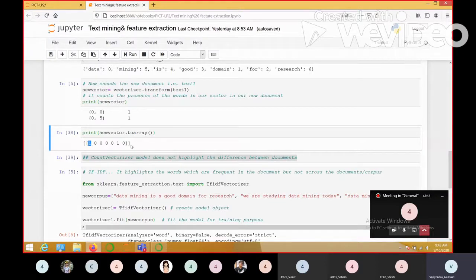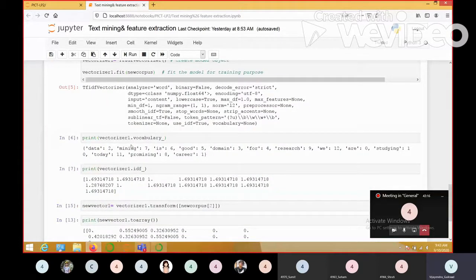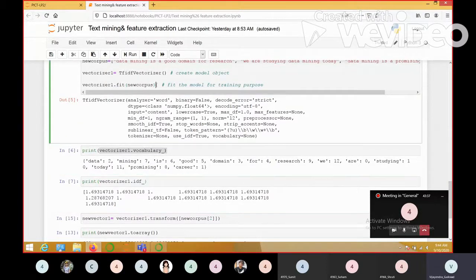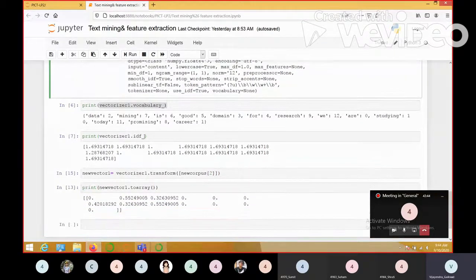Here again, to see the IDF value, like we used the vocabulary attribute which gave us the index of every word, we can use the idf attribute. For every word an IDF value is computed. When we fit this model to the new corpus, an IDF value for every word from the corpus was calculated.